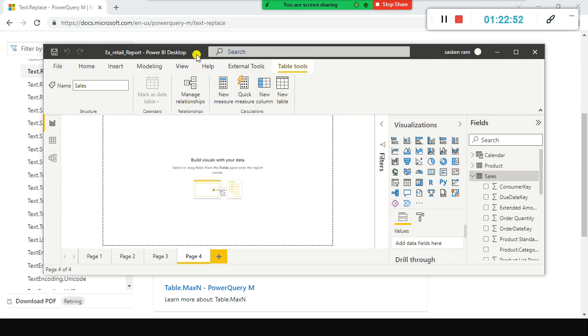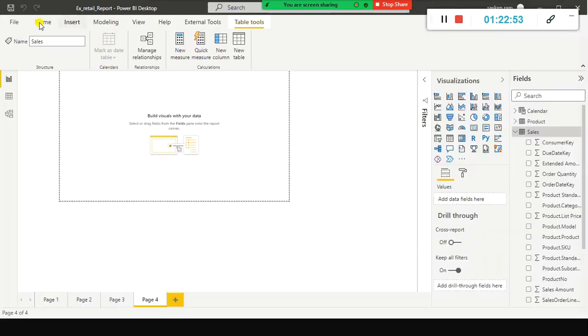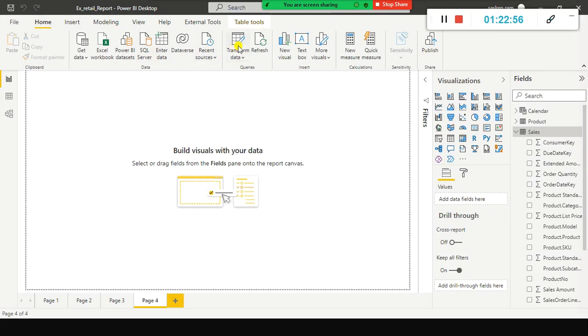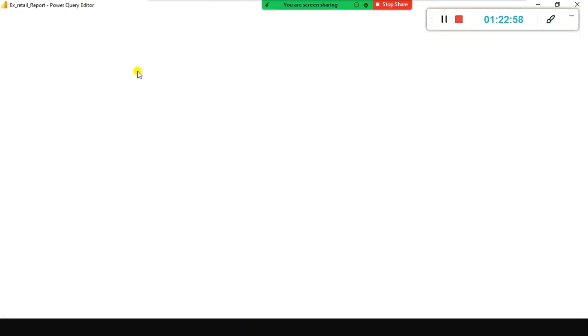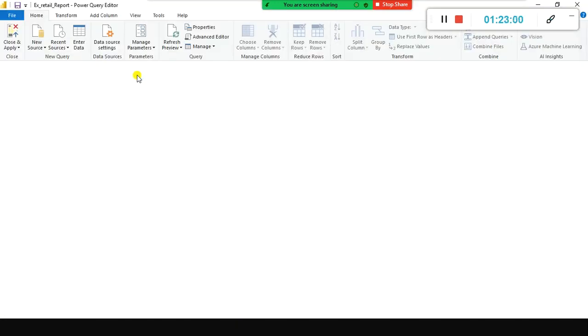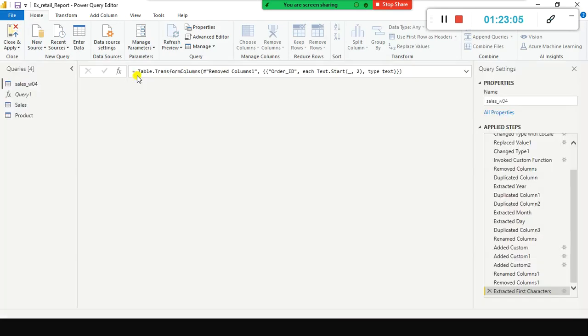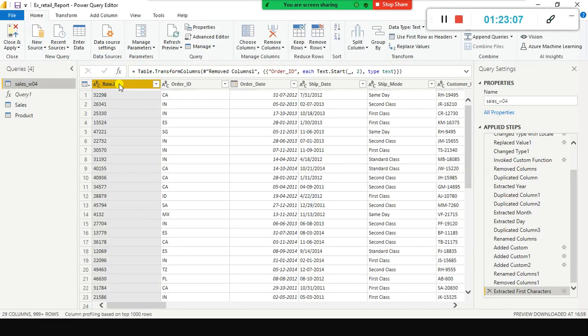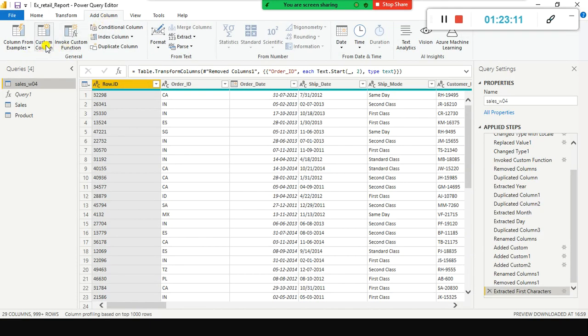The simple thing is just go here, Home, and click Transform Data. Simply, you can go to Add Column and Custom Column. Take any of the tables, a small table.